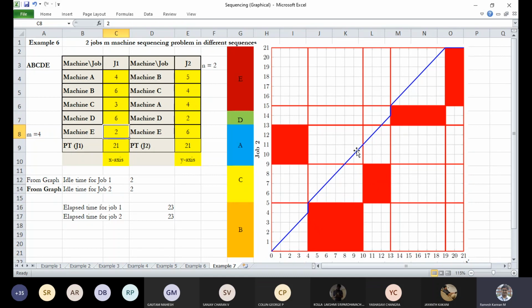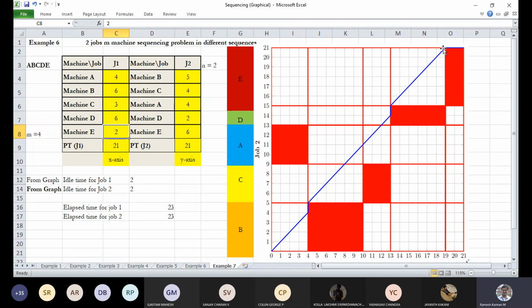You see, this block does not obstruct here, so you can go freely from this point onwards, not from this point. You can also note that you cannot go horizontally here because the duration would be pretty heavy. So it will be just an inclined line, and only in unavoidable circumstances will we go either vertical or horizontal. In this case, it is vertical. Then we continue until the point 13, 14, where it hits this particular block, machine D. Then you traverse one unit up, and you can continue the 45-degree line.